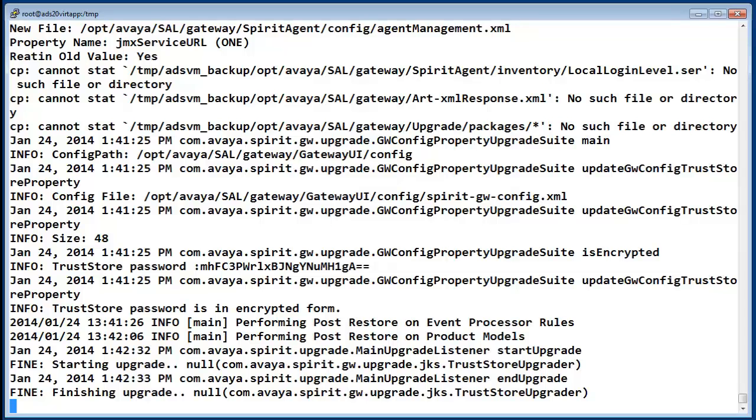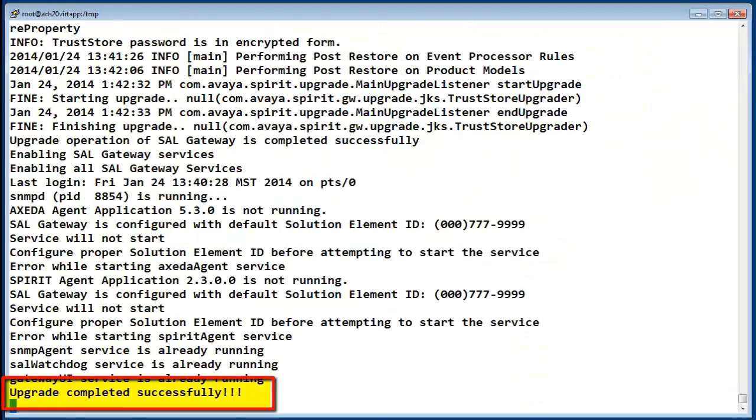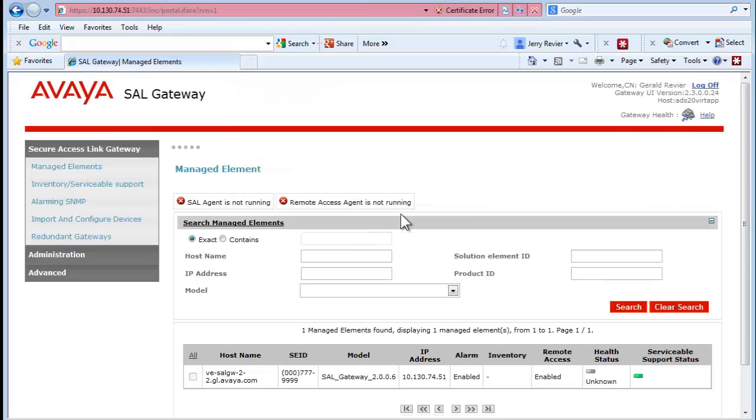Please wait for the command prompt to return, preceded by the message, Upgrade completed successfully. I have once again opened a web browser and have connected and logged into the new SAL Gateway service. If you look back where the SAL Properties page is shown earlier in this video, you can see a solution element ID of